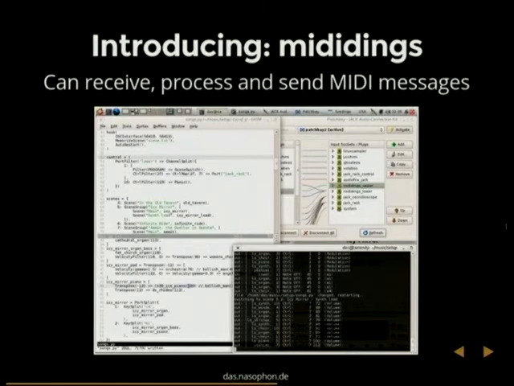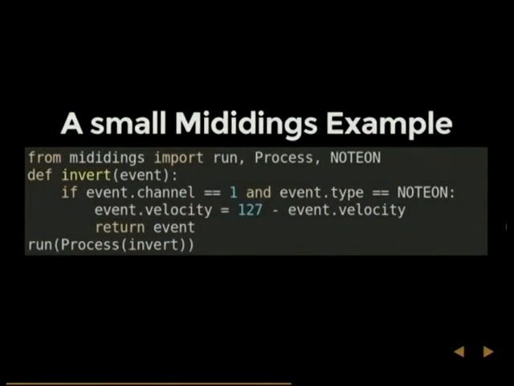So there's a library called mididings for Python, and it talks MIDI, and you can write code like this. This looks like pretty normal Python code. Import some stuff. You have a function there that filters on the channel and the type of the message, and then it will invert the value of that message, and velocity is how hard you hit a key. So this basically means if you hit the key hard, it's really quiet. If you just gently touch it, it will be loud. Invert that message and send it out again. Pretty standard stuff,